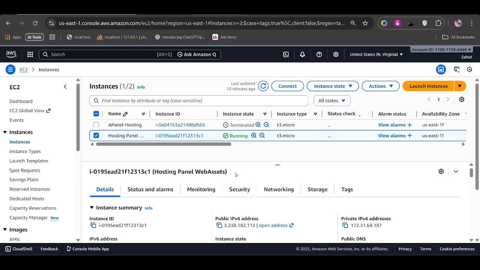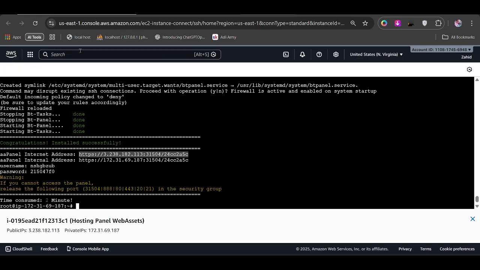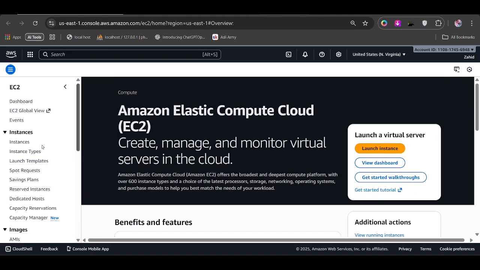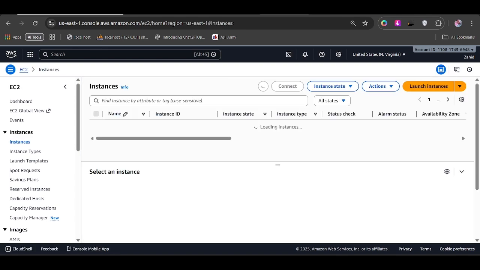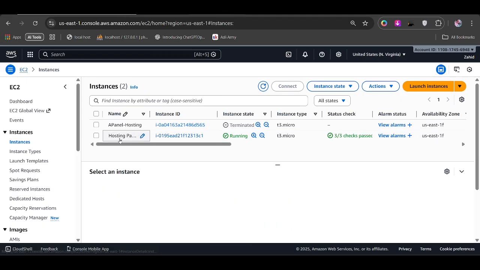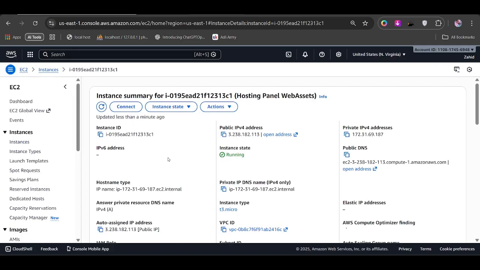I have this page open in my previous window, but you have to go again to this instance page, and when you are here you will type EC2 and you will be landed on this page, and from there you will click here on instance in the left side sidebar. And you will select the hosting or VPS instance you have that is running. Select here,